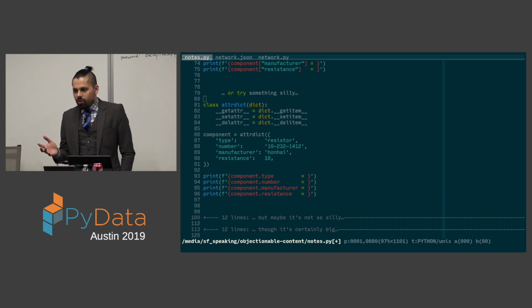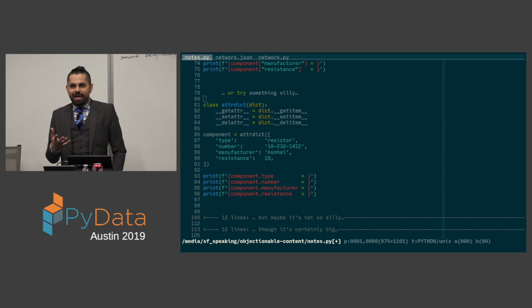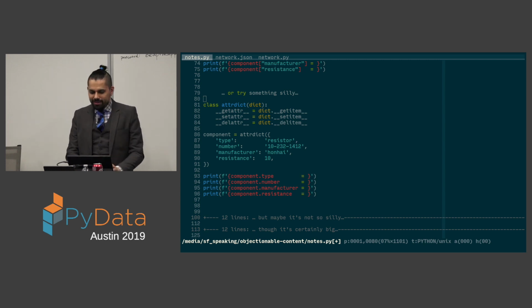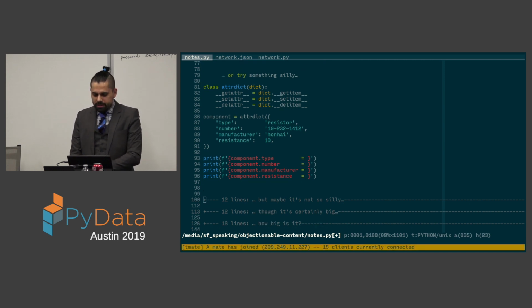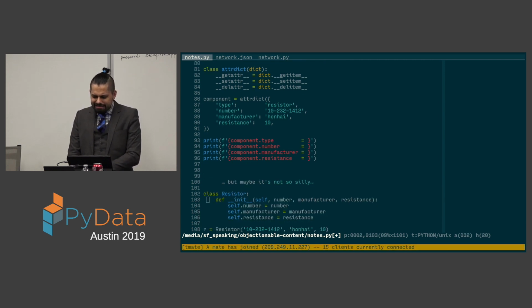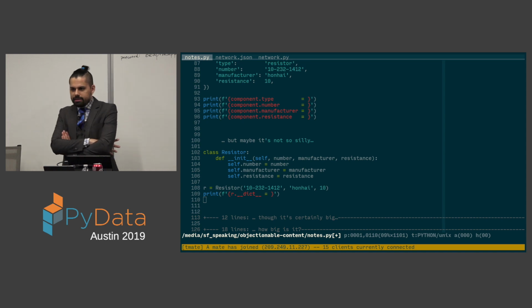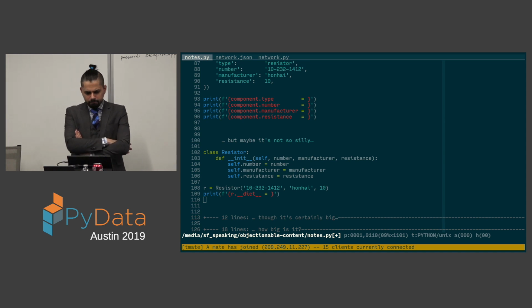It doesn't gain you a whole lot, and I don't know why people just really seem to hate typing those extra square brackets and the double quotes. But if you really think about it, you dive a little bit deeper and you think, is it that silly? It's not really that silly, because if we were to write this as a normal Python object,